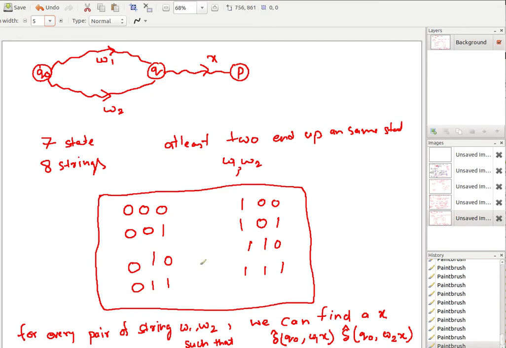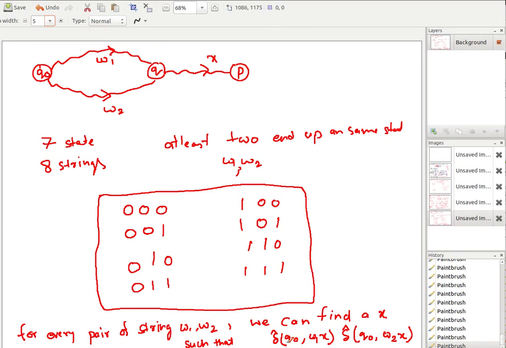What I am claiming here is that for every pair of strings here, I can find a common appending string X. So although you said any 2 strings might be going to the same state, here I am claiming for every possible pair W1, W2 from this set, I can find a common appending string such that whenever you append and execute it from the beginning,